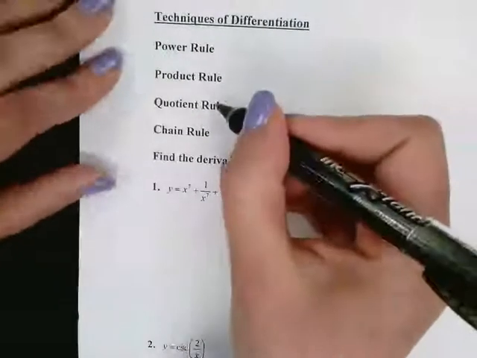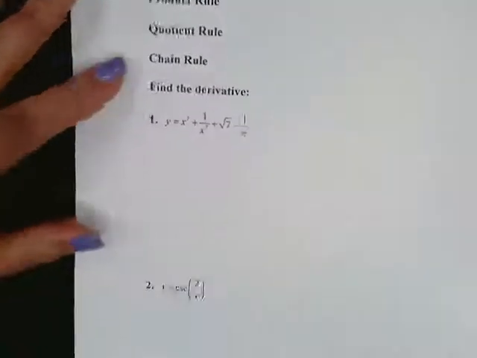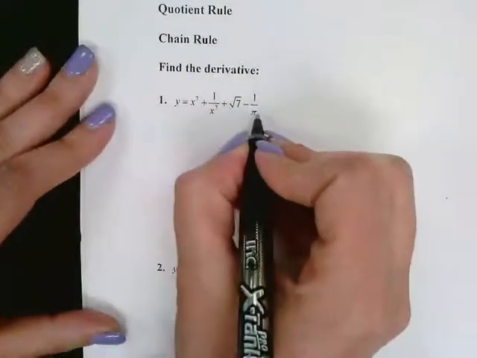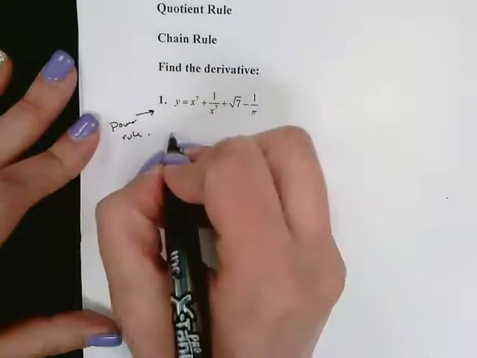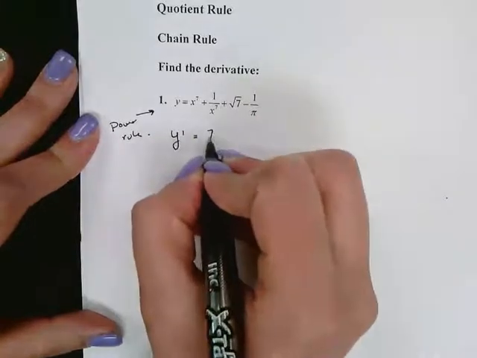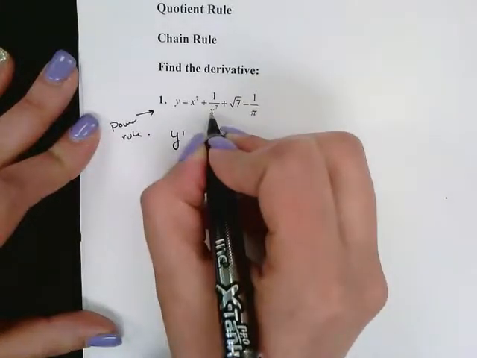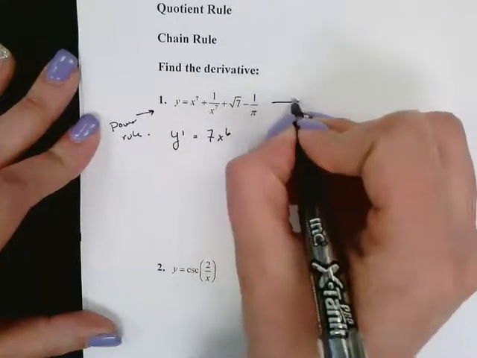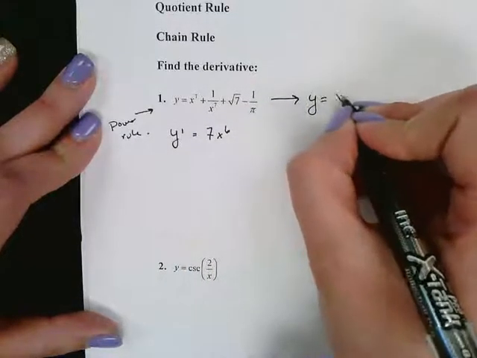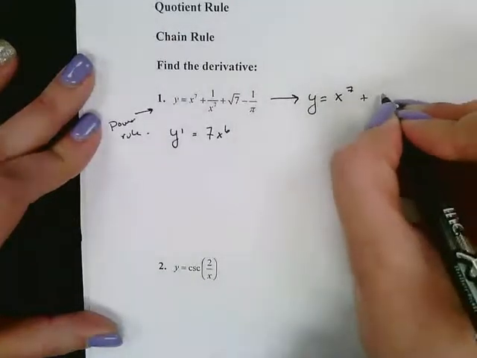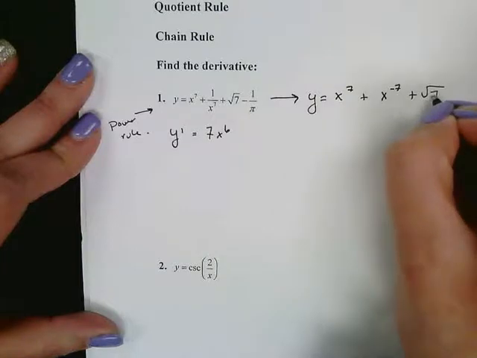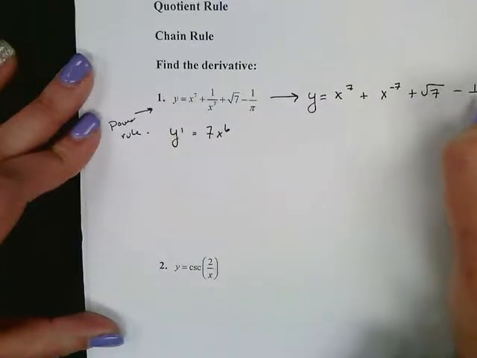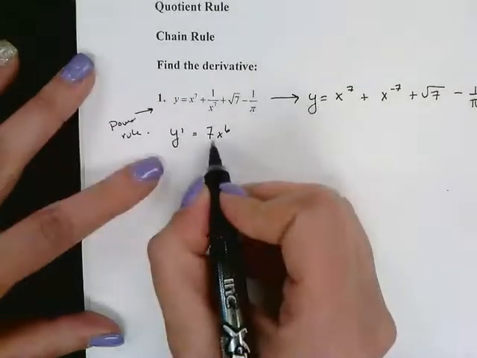Alright, the different techniques that we learned: power rule, product rule, quotient rule, chain rule. I'm not really going to do all of these, but for each and every one, you can see here that you can use the power rule. Because what is the derivative? This one right here, before I write the derivative, you probably should have done this first. Let's rewrite it in a way that makes it easy for us to use the power rule. Okay, so it's 7x to the 6th